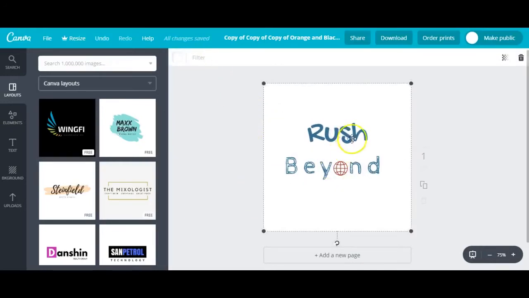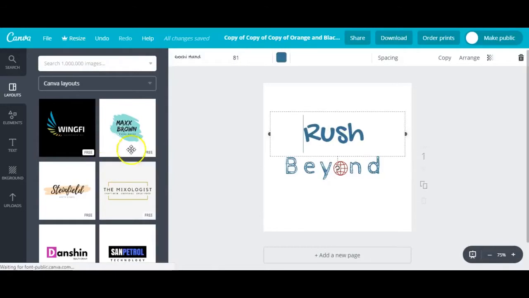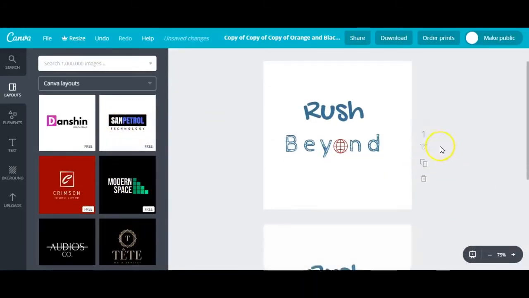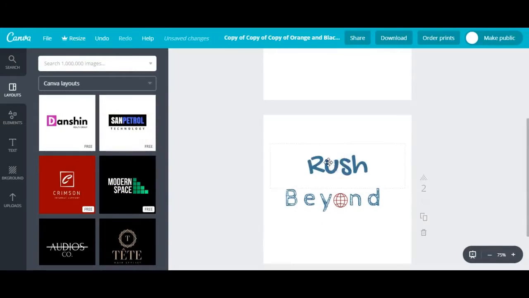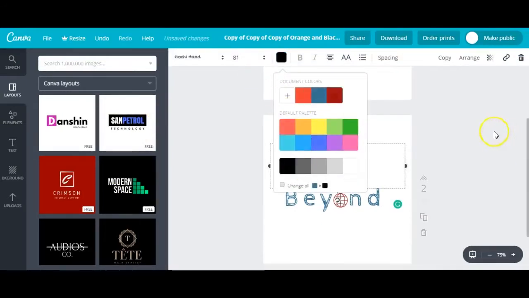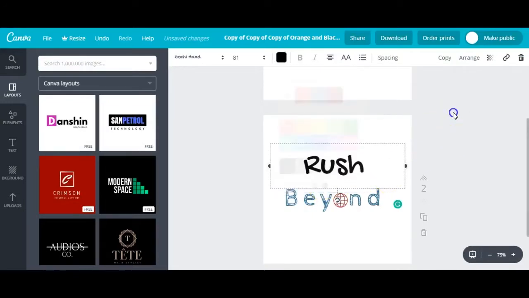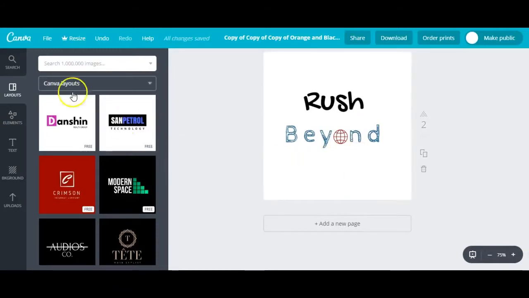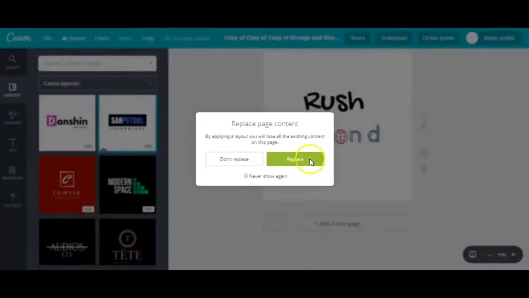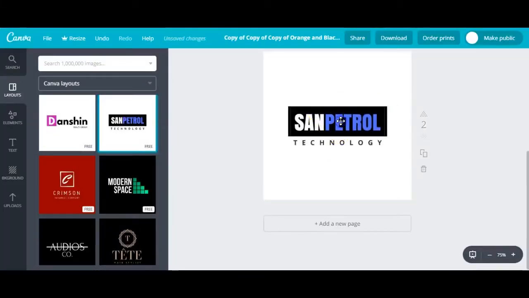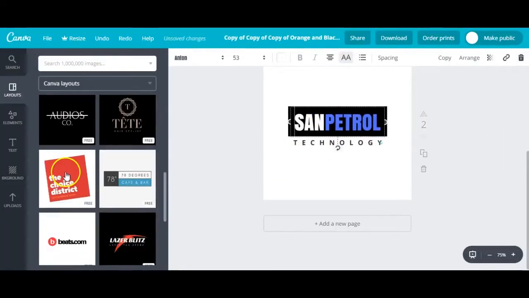You have access to hundreds of different fonts, a lot of different templates you can draw from, and then I just love how easily you can copy something, you can change the colors in a hurry, and it really gives you a lot of liberty to just change things instantly. So if you have a great eye for creating logos or a little bit of experience doing that, I recommend coming over to Canva.